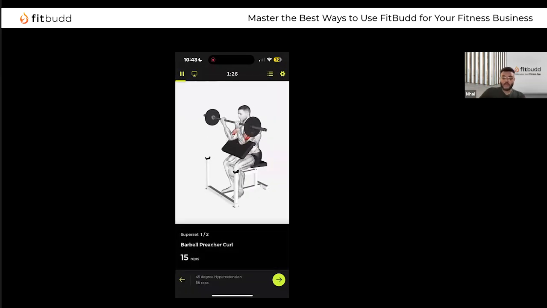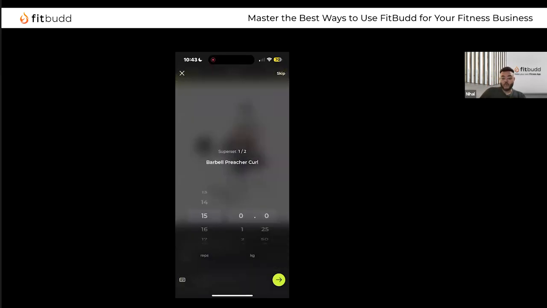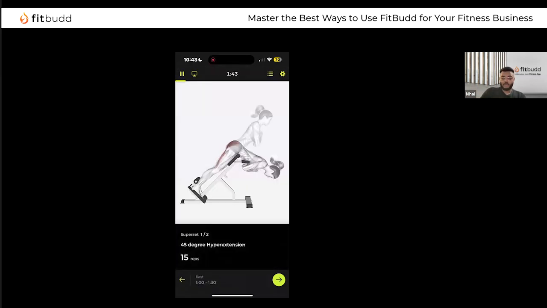I have forwarded it. It's a superset exercise. That means without a rest time, I see another exercise that I'm supposed to complete. Once I'm done completing it, again, the same thing. I move the forward icon, enter the relevant details of my weight and reps, and then move ahead with the exercises. If you have provided a rest timer after each exercise, then the rest timer will be visible over here,